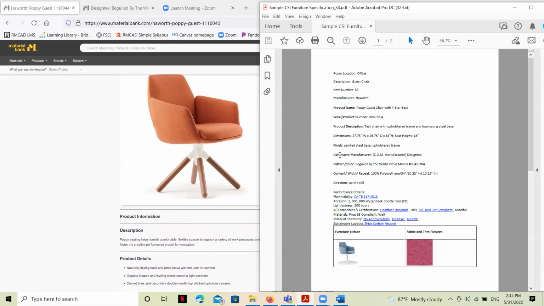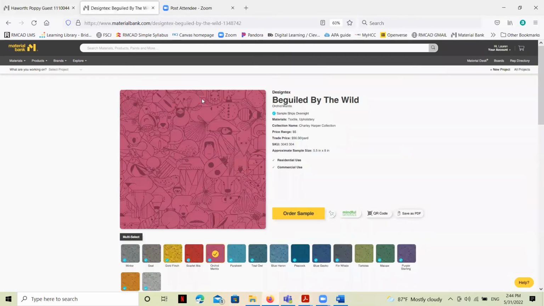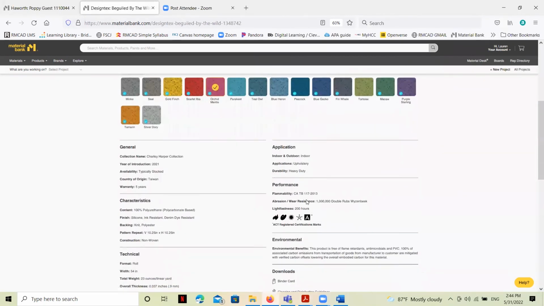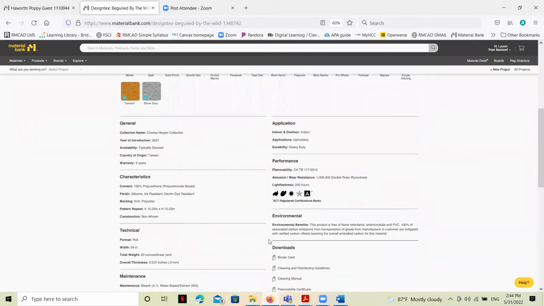So the next thing I want to do is specify on this CSI template the upholstery. And you can see here, I've got a little picture of it here, and I've actually got information from the manufacturer's website that's been populated through the Material Bank, and that's been posted here. And so you can see here, once again, there's a lot of information about the product itself.